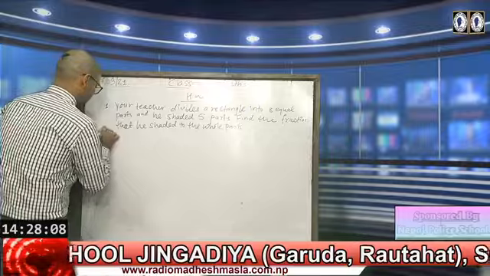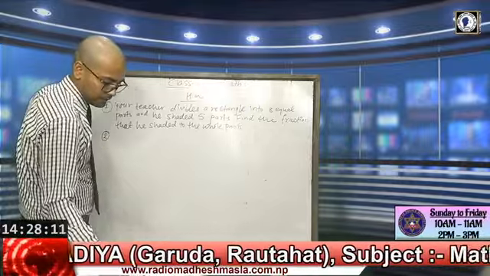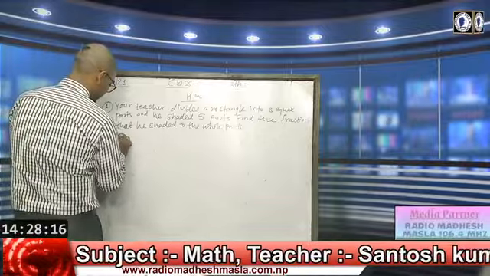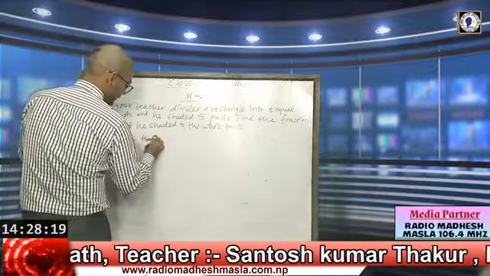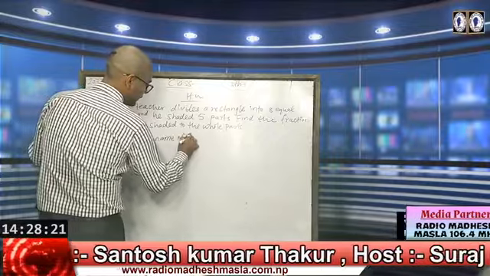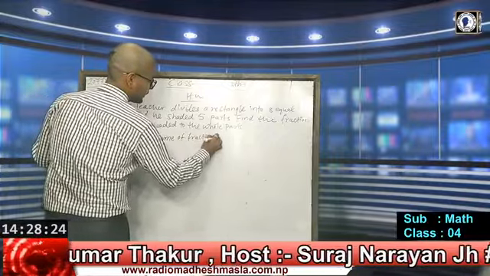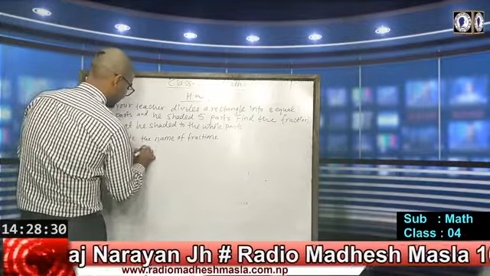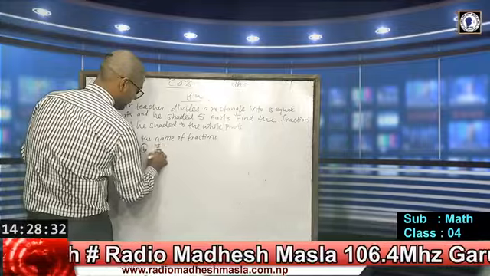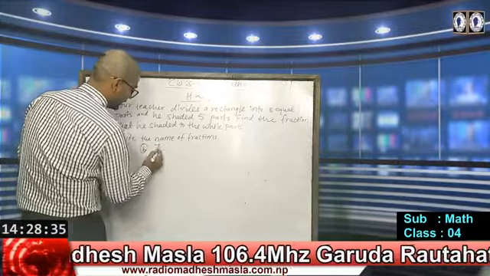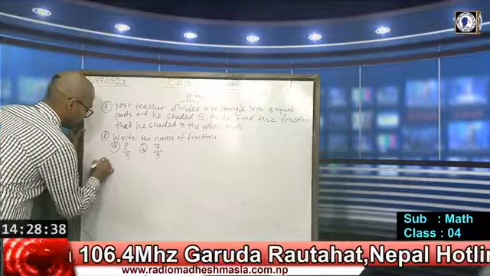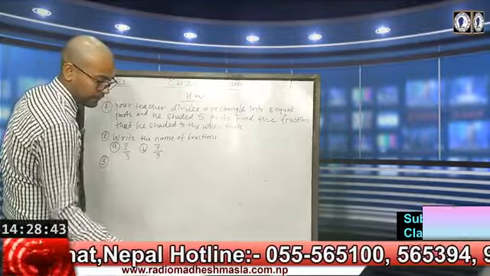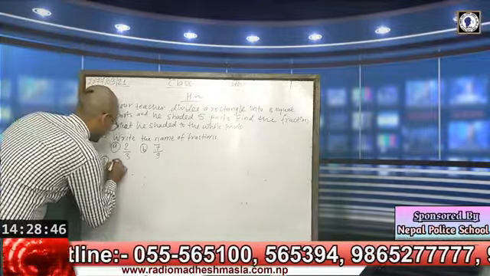Then you have the second question like this. Write the name of fractions. You have the given question number A, 2 by 3, B, 7 by 9. Then in question number 3, write the question. Find the